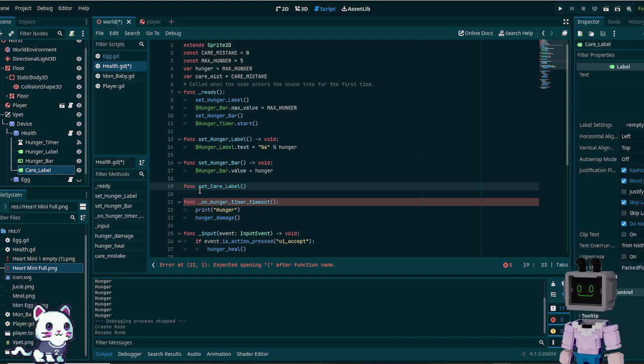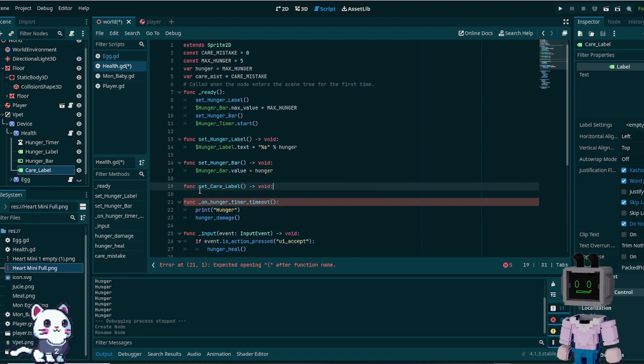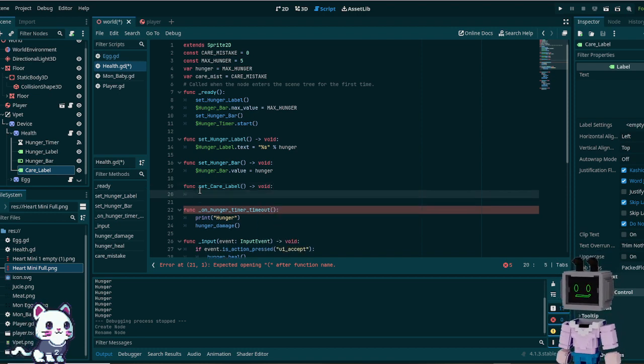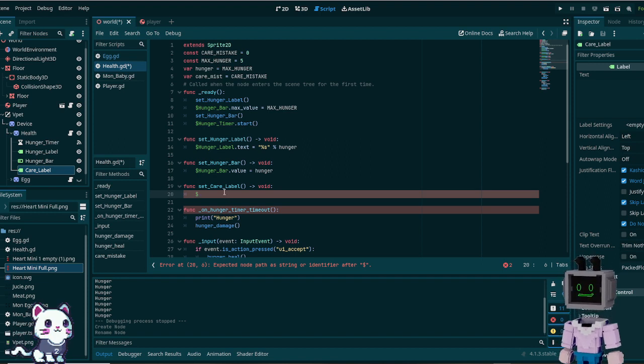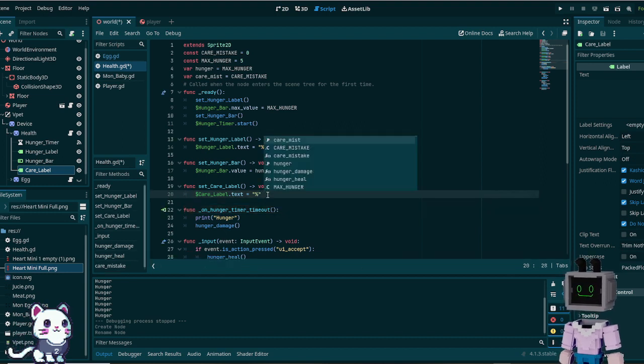I'm getting the hang of this. Void. And then that'll become a parameter. Oh, I can't see. Yeah, hunger label, except this one will be care label.text equals percent. Nope, not dollar. Percent. And then percent